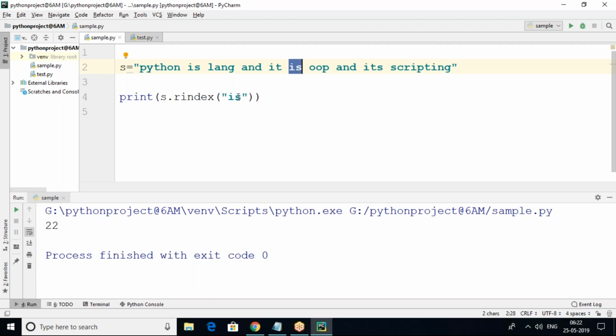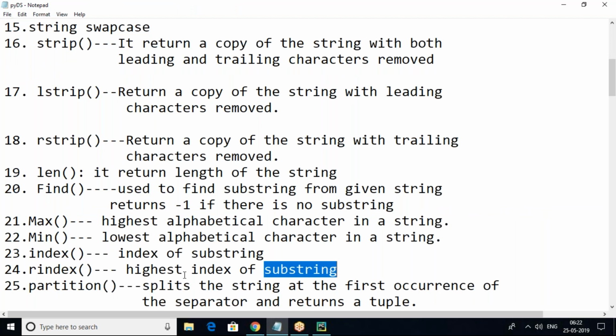That is going to be returned. I think here 'and' is at the 29th index of the substring, in Python is language and it is object oriented programming and. So rindex will return the highest index of the substring.